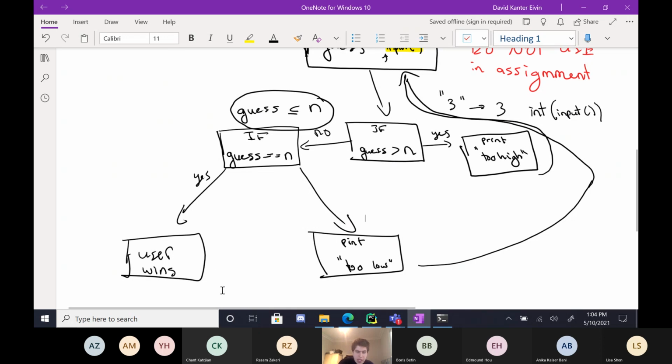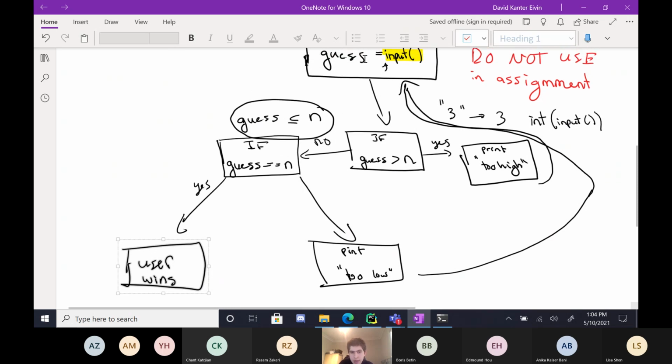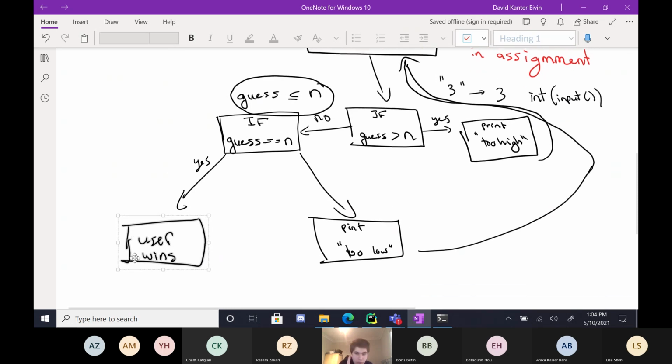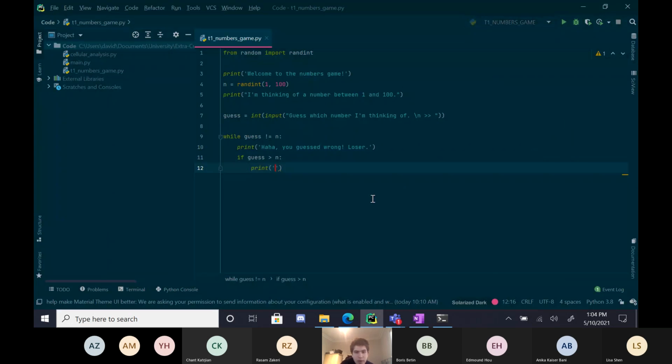In our flowchart, we have two endings that both loop back to here, and only one that doesn't. So we can basically say that it should loop until this condition is met, and this condition is that guess is equal to n. So now we can write